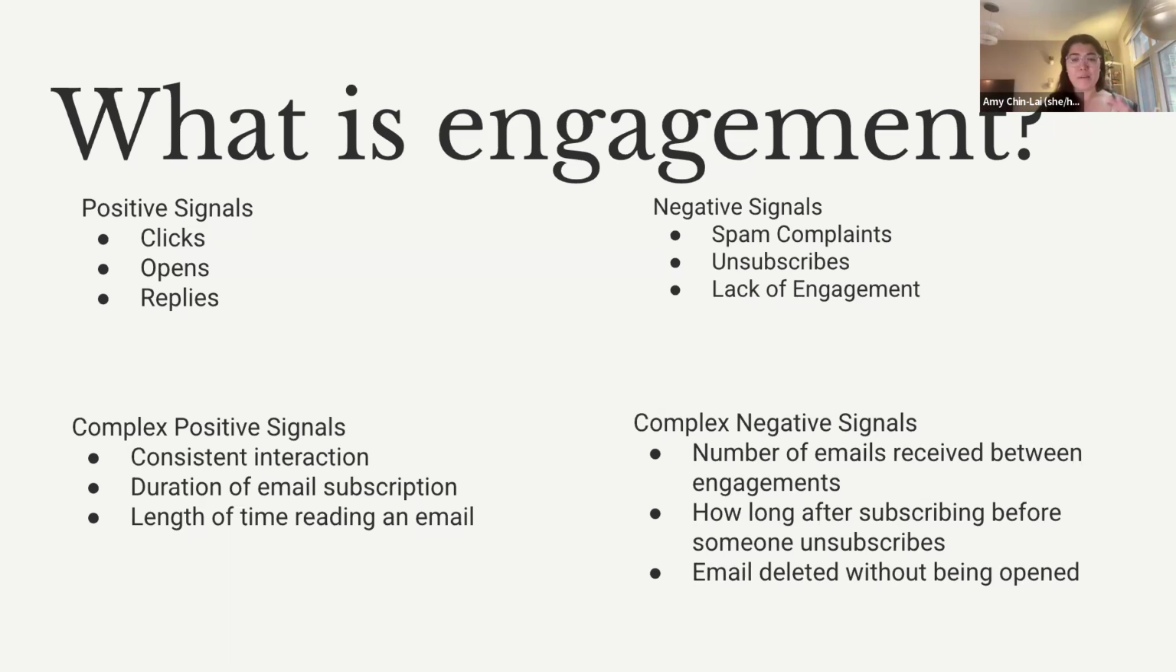So at any given time, one of these metrics, like your opens, may become far more important than your unsubscribes, or vice versa. And it's unpredictable, and that's why deliverability is often called a dark art, because it can just